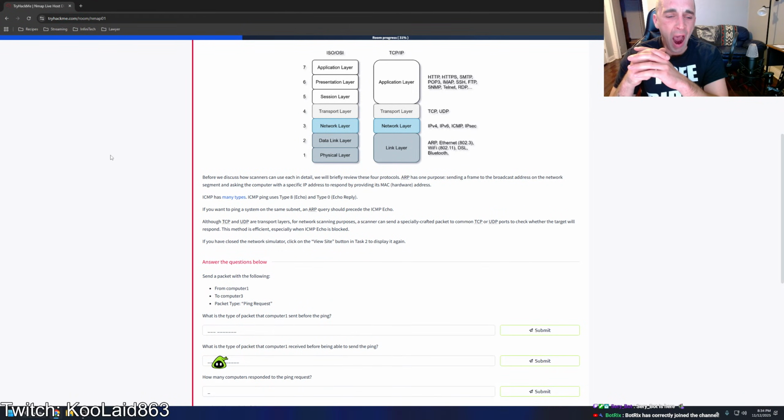If you want to ping a system on the same subnet, an ARP query should precede the ICMP echo. Although TCP and UDP are transport layers, for network scanning purposes, a scanner can send a specially crafted packet to common TCP or UDP ports to check whether the target will respond. This method is efficient, especially when ICMP echo is blocked. If you have closed the network simulator,